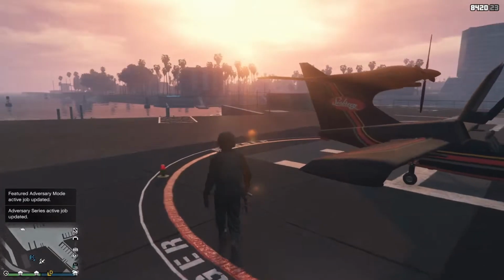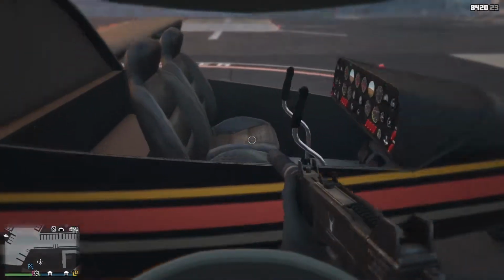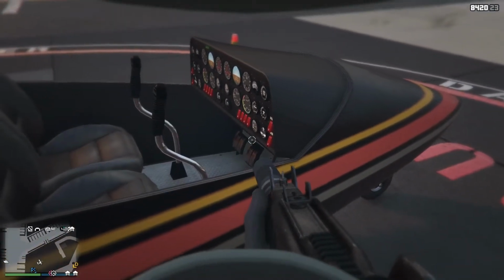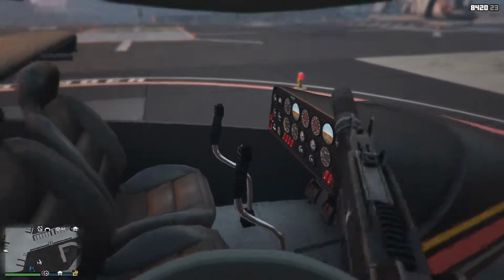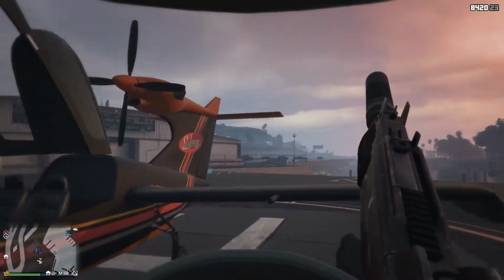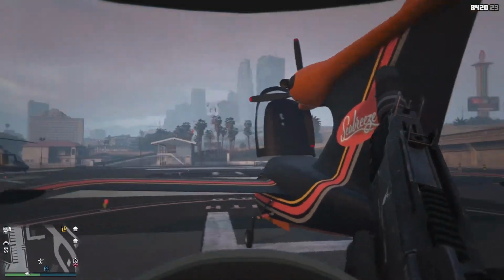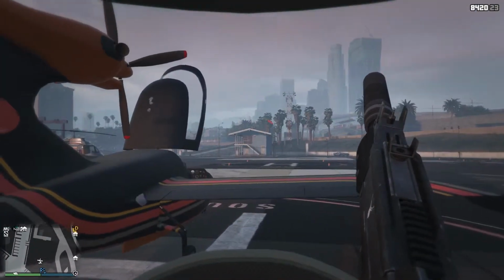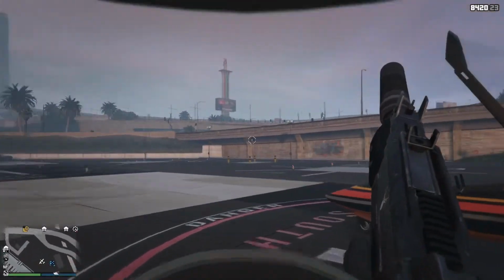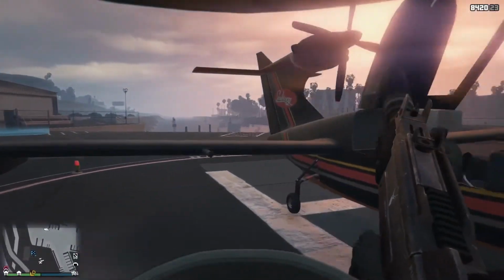So, that being said, one of my favorite features about this plane is the speed glitch. Oh my god, the speed glitch. Most people don't even know about the speed glitch. I think it works with the B11 too, but it's harder to do with the B11, or harder to get the B11. But anyway,